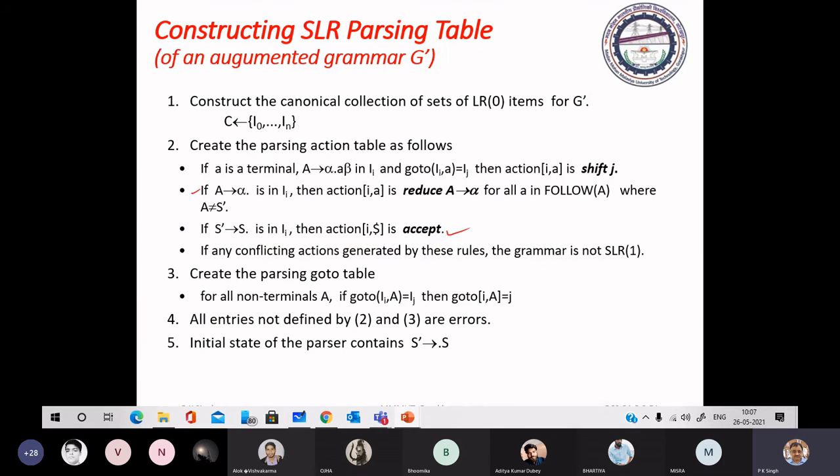And for error, the positions that remain empty, where we don't have any entry, are the error positions, and at those positions we have to call the error service routine. And in the go to field we have to consider each and every item set, and the items that have a non-terminal symbol just after the dot. For those items we make entries in the go to field.